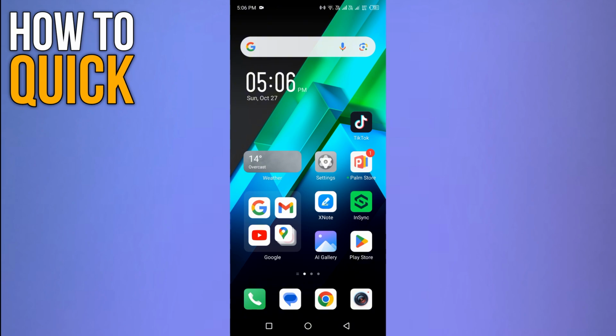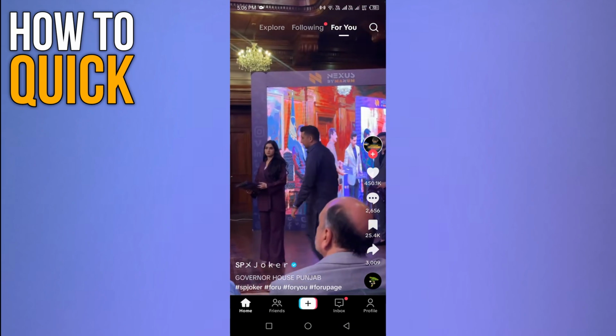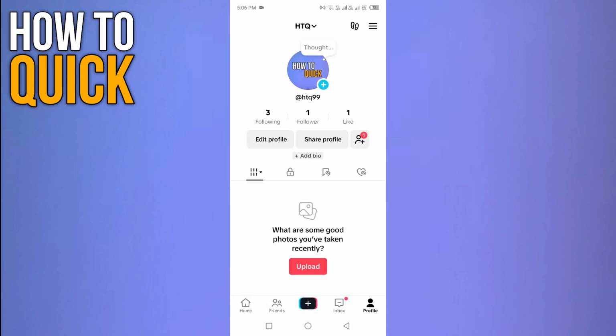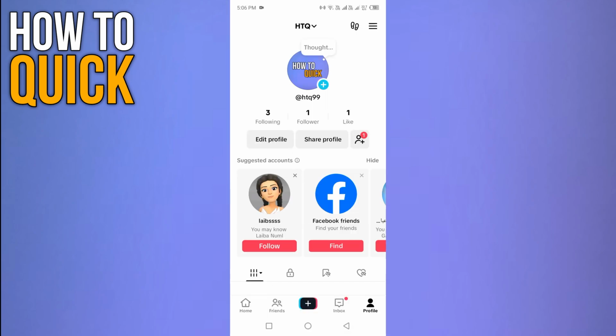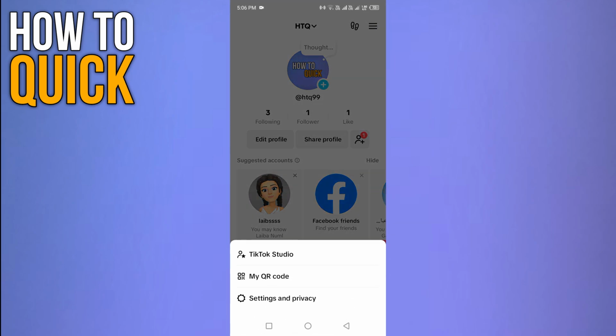So first of all, open the TikTok application on your phone and go to your profile from the bottom right corner. This is my TikTok profile. Here you will see the hamburger menu on the top right corner. So tap on it. Then you will see different options at the bottom, so you have to select the last